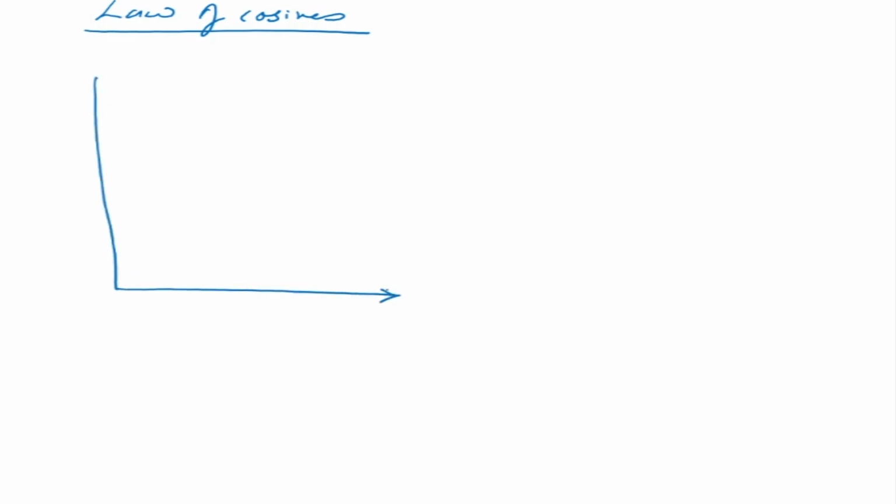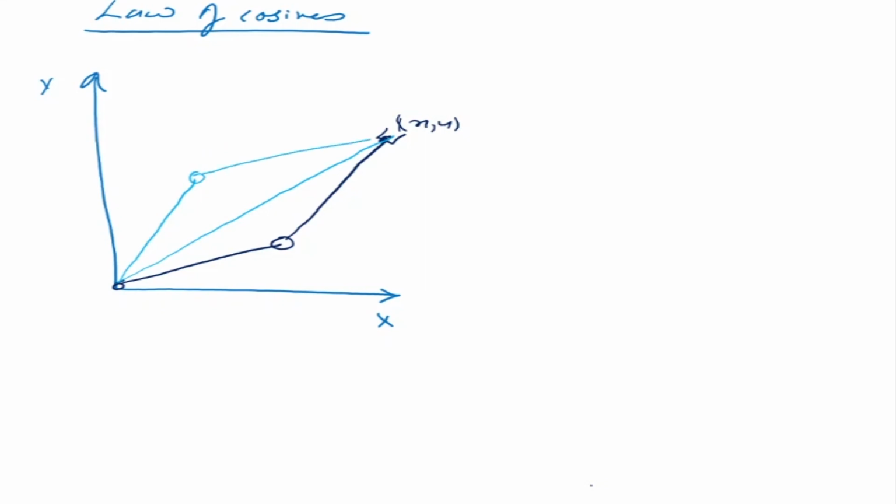Let us try to understand it this way. This is my x-axis and my y-axis, and here we have the two-link manipulator. This was my point xy. Now let us do this very simple construction. So this is one solution, that's the other solution. This is my theta 1. This is the angle theta 2 which we have found.